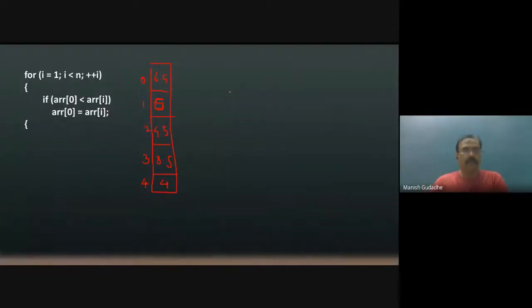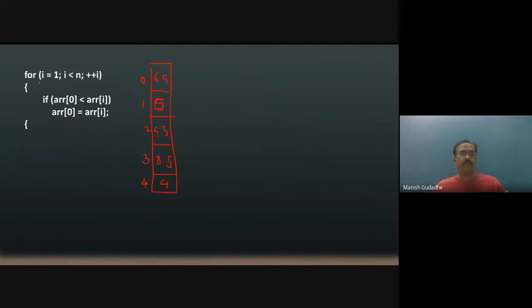So we'll continue. See, these are the elements which we entered. Now we are trying to find out the largest element. What is the largest element in this? I can find out it is 8.5. But how can I locate it? Because a computer can understand only one instruction at a time, and we need to make it understand every logic. So what we are doing here is assuming that the first element is the largest element. Let us think that 6.5 is the largest element.